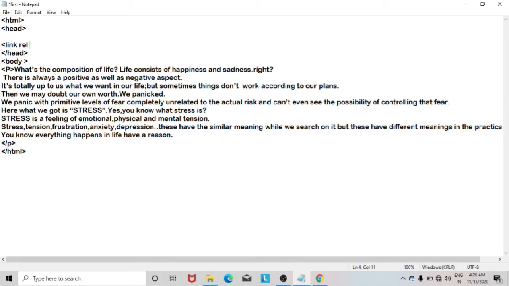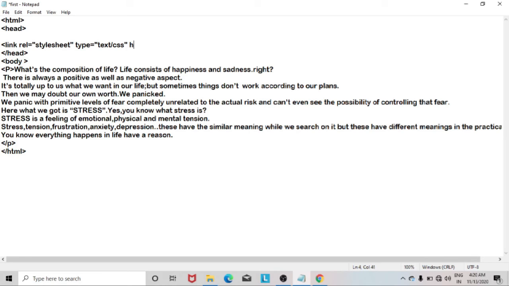Inside that you have to use the rel attribute. In that you have to mention stylesheet, and after that stylesheet you have to mention type. It is not a necessary attribute, but it is common practice, because if you link your HTML document to JavaScript, you have to use /JavaScript. This is the common practice. I'm going to tell you in a later section.